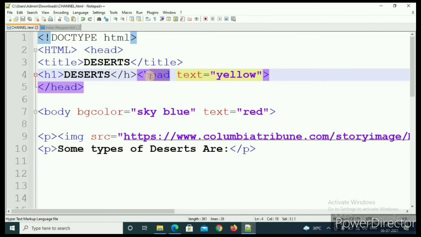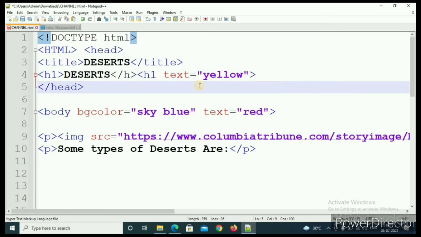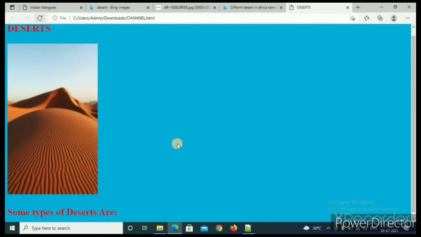I think that I have to type H1 here, because it's named H1. So in my opinion, it will be H1. Now just let's see. If it doesn't work, don't worry. I am always there. I will post videos on this again.